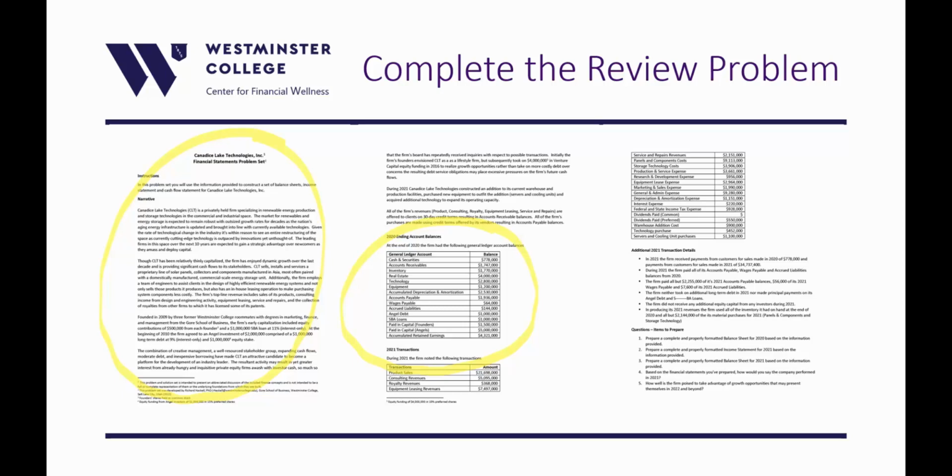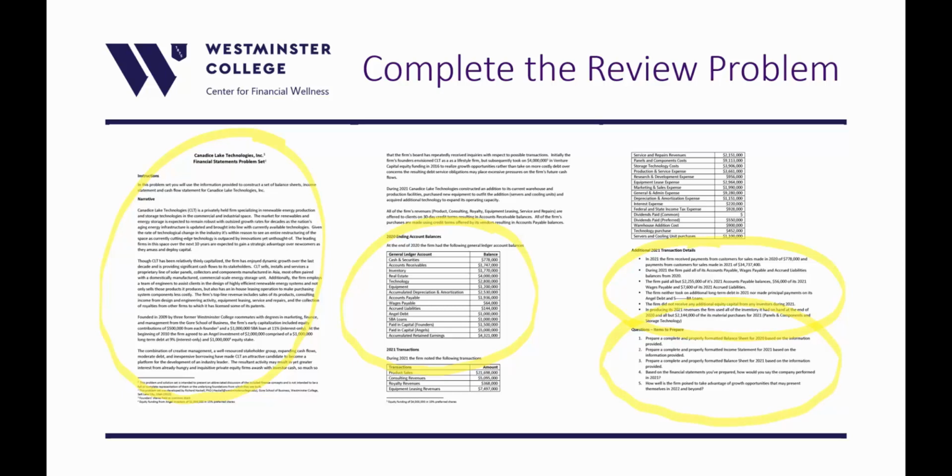Possibly you'll need some additional transactional detail. Again, consistent with elements that you've seen in the videos and with items you've been quizzed on in the various quizzes. And then you're asked to go ahead and complete some items to submit the review problem.